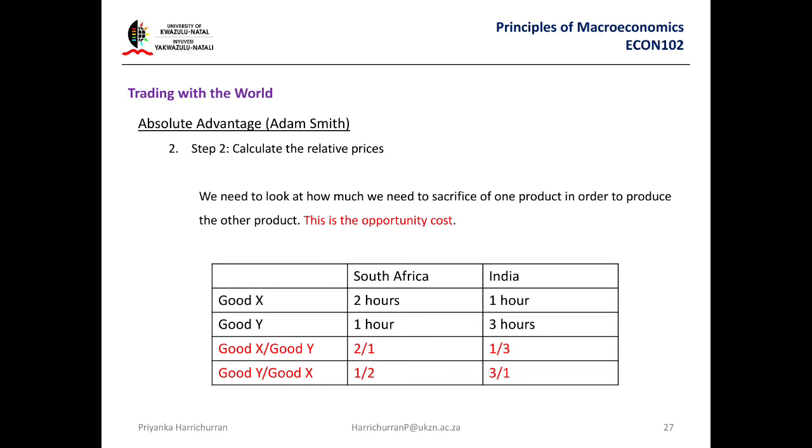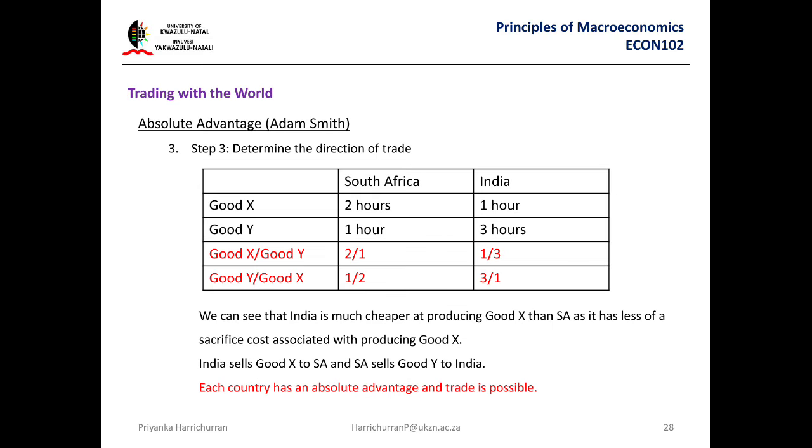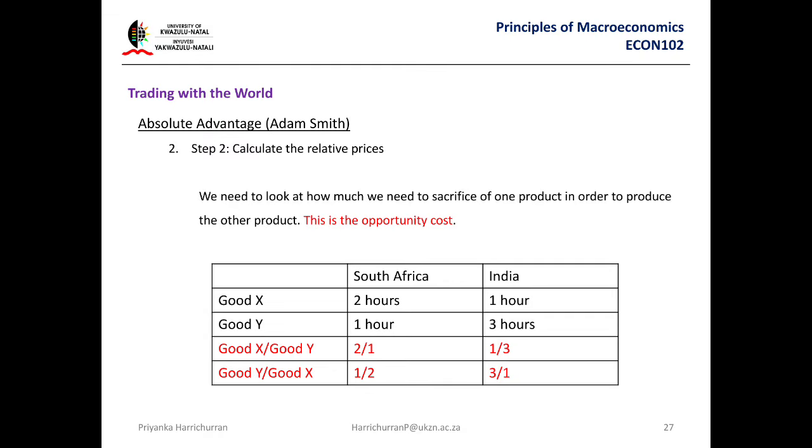Now, you need to also calculate the relative price. At the end of the day, we're looking at who needs to export products to who. We'll show you the other steps now, but I'm just looking at how you calculate relative price. Very easy, relative price: good X over good Y. So as soon as you see this table, you have to make these other columns here. Just put here good X over good Y and here good Y over good X. So go like that and then go up.